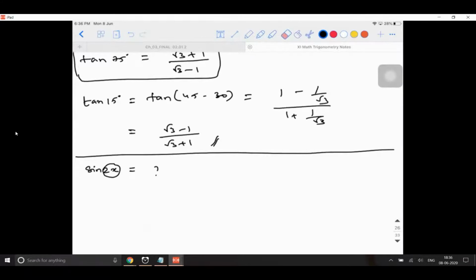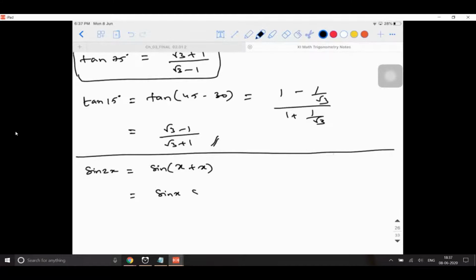As I told you, there are only 4 formulas throughout this chapter which are manipulated in different ways. For example, if I have sin 2x, how can I write 2x in terms of x? Can someone tell me? x plus x. That's it, as simple as that, very good. So here 1x will be x and the other x will be y. So it is going to be sin x cos y. What is the formula? Sin into cos plus cos into sin.